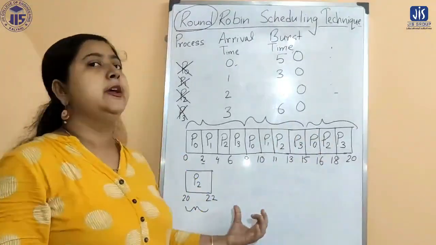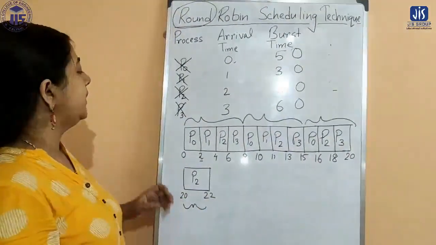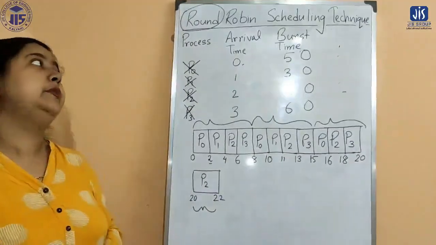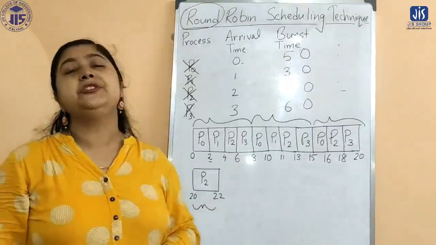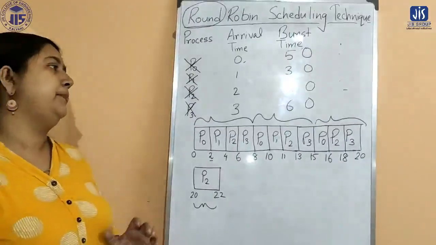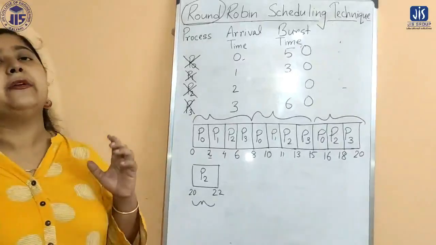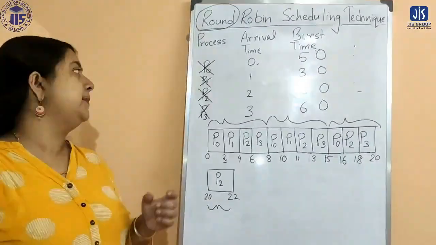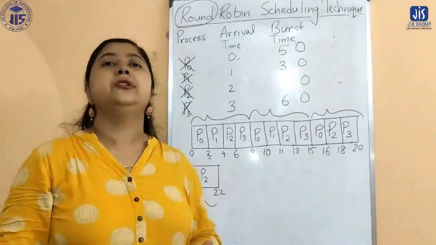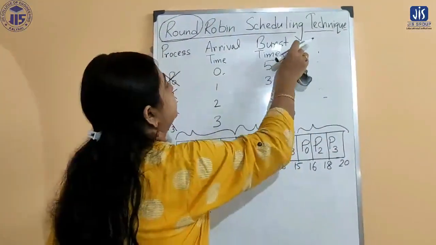So in this way the total round robin technique is going to be executed. Now we are going to check the parameters, that is the average waiting time and average turnaround time. But I need to mention one thing: when we are in a preemptive system, average waiting time can also be taken as average response time, because the preemptive technique is basically an interactive one. In that case we are going to consider the response time.